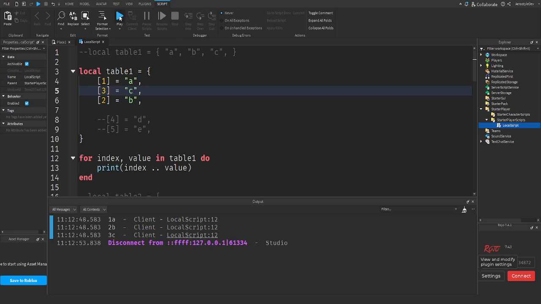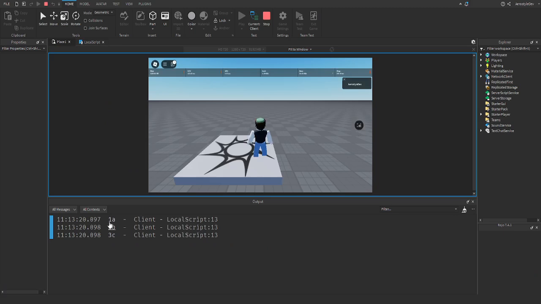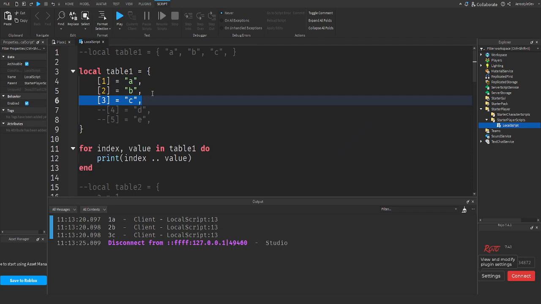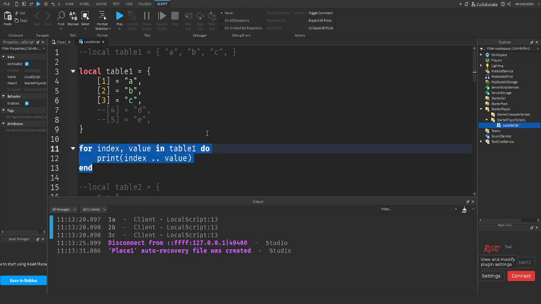So if I print this, it should give me the same thing. 1A, 2B, 3C, exactly as I was expecting. Beautiful. Is there any situation where you would want to put it out of order like that, where it's 1, 3, 2? Probably not, but you might have a situation where in the code you're doing something manually, and it ends up happening like that, which is not the biggest deal in the world, but you have to be very, very careful when you work with that because of the next thing we're about to talk about, which is